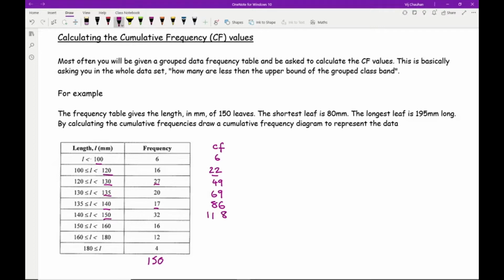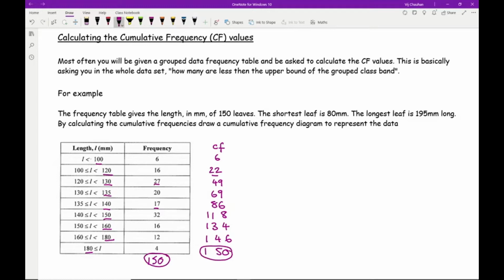How many are less than 160? So we're going to add 16 to that, so that's then going to become 134. How many are less than 180? Well that's going to be 146. And then how many are less than 195? And that's going to be 150. Now what you should find is that your very last value should be the total,